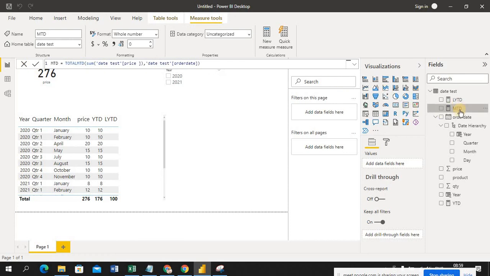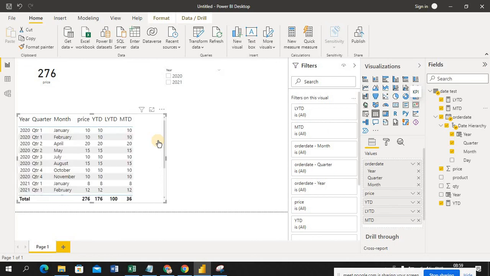So my MTD also came. Just drag and drop it in your report. You can see this is my MTD sales. So what is MTD? It's the sales from the current month where you are currently running.